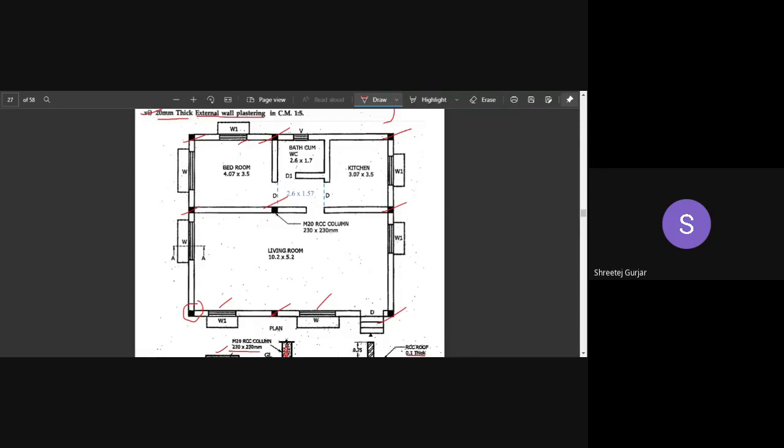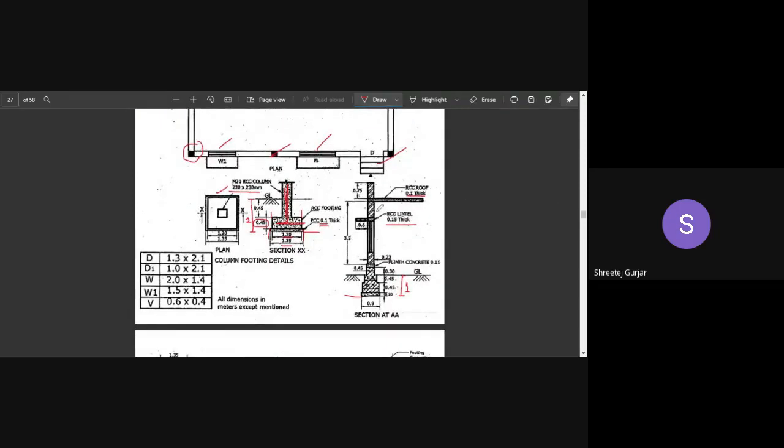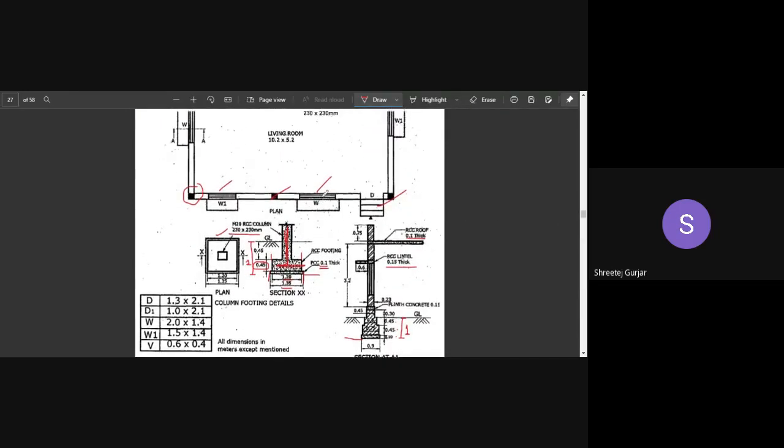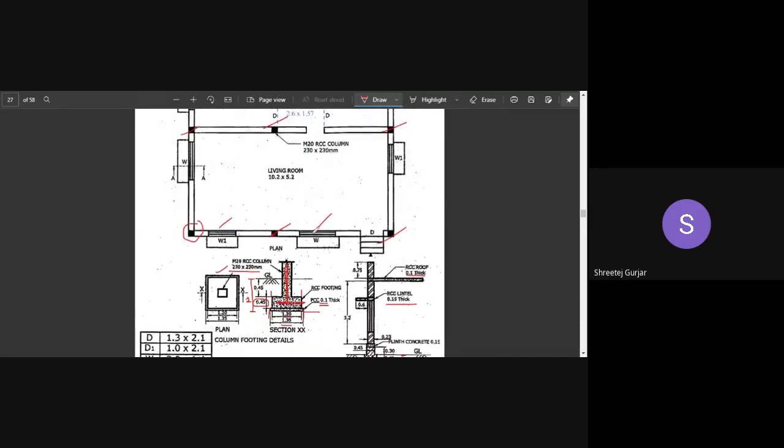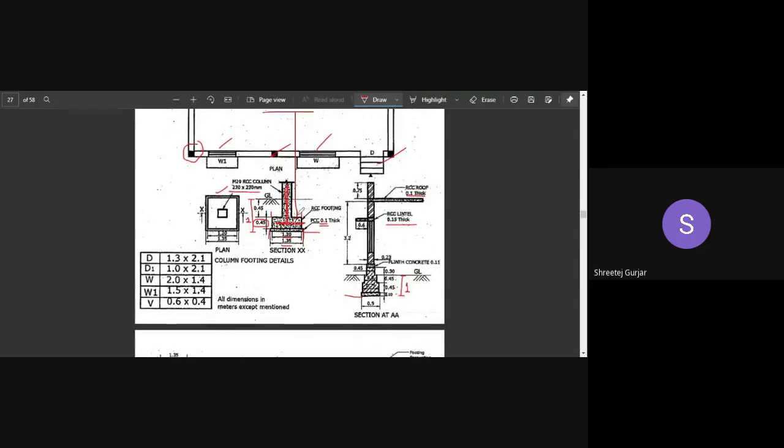If you are asking the height of the column, that is the length. If you mean height, you have to measure it from here, starting from here, going up to the slab. So it will be 3.2 meters plus 0.45 plus 0.45. It will be from here to here, going up to the footing. So this is your column length or column height which you are talking about. It will be 3.2 plus 0.45.